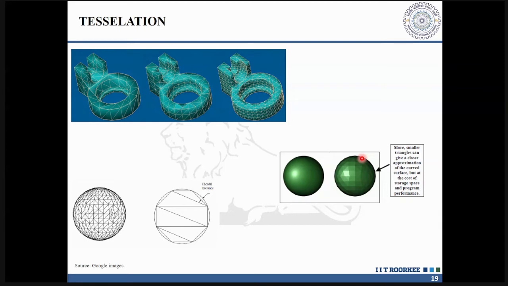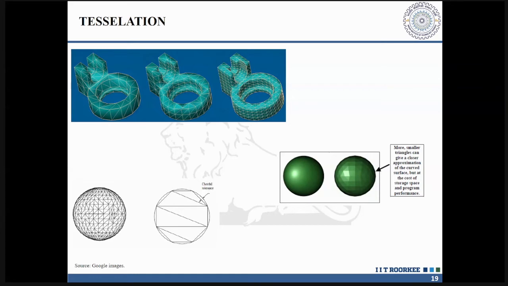So see, this is your spherical object. Once you approximate it with triangles, this is the outermost periphery that is circular in shape. But once you do its tessellation, there will be certain edges. Now the difference between the edge of the triangle and the surface of the sphere is called the chordal tolerance, because it is an approximation. So if I want to reduce this chordal tolerance, I can have very fine triangles.